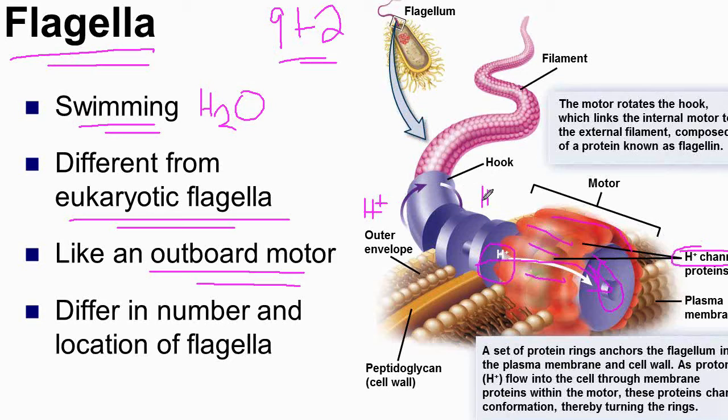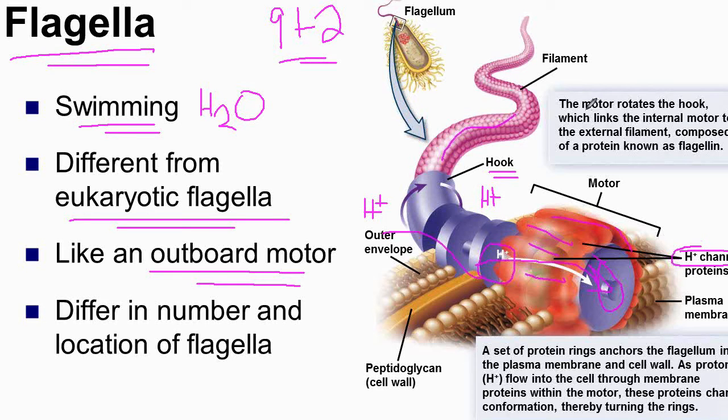And so hydrogen ions were forced through an electron transport chain, kind of like what we saw in photosynthesis and aerobic respiration. And so the hydrogen ions want to flow in. When they flow back in, going from high to low concentration, through something like an osmotic process or diffusion, they flow through these channels. And as they flow through, this powers the motor. The motor then begins to provide the energy to the hook. Then the hook begins to rotate, and the hook's rotation connects to the filament, which spins around very much